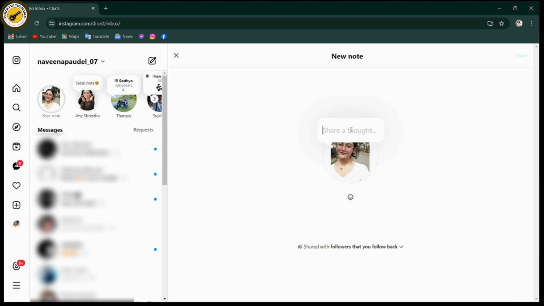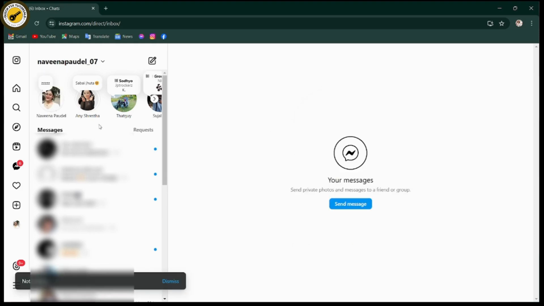So enter a note. Once you enter the note, go for the share, which is here on the upper right. Click on share, and once you click on share, your note has been shared. So that's how you can share notes, or that's how you can add notes on